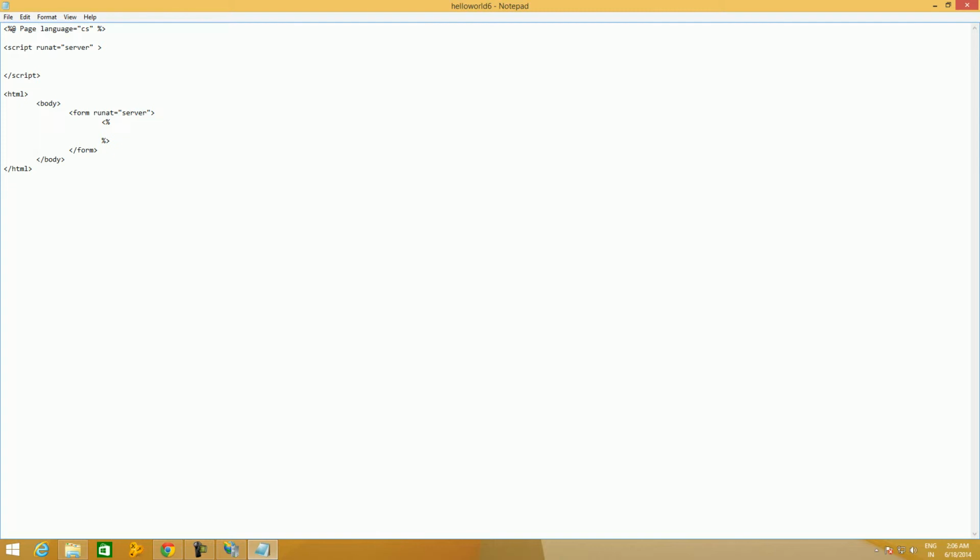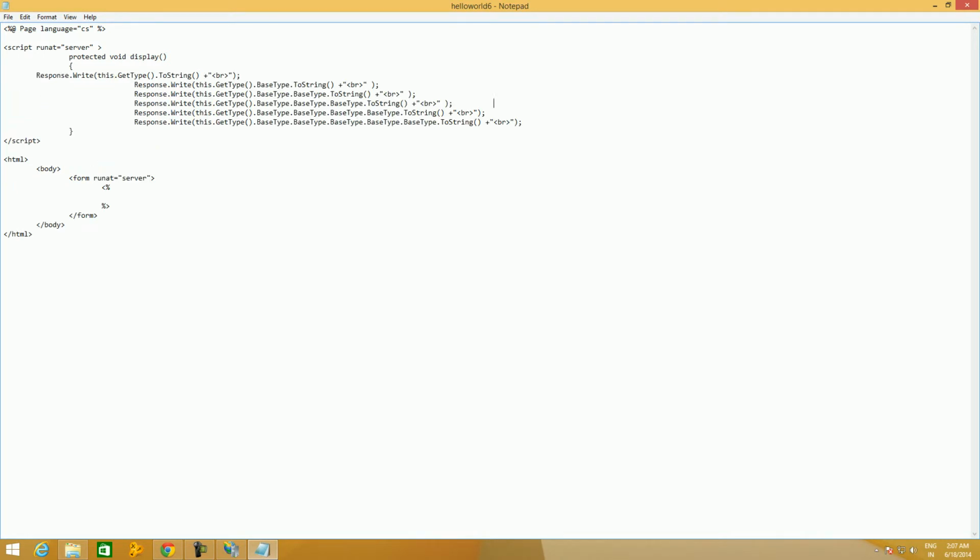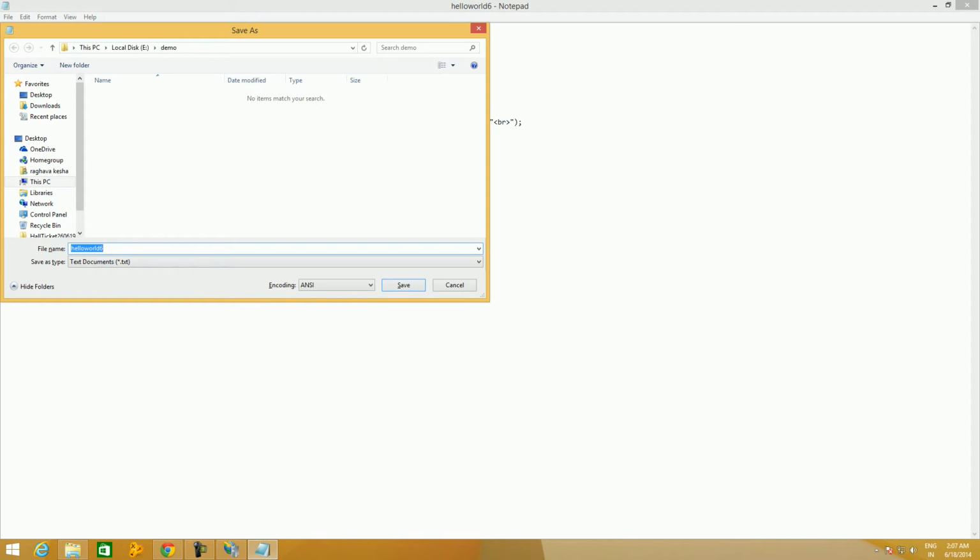I'll define a function here. So this is a function called display. We'll invoke this function from inside the form tag. We'll call this hello world 7.aspx.